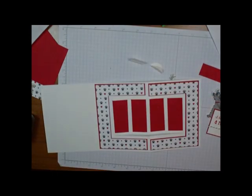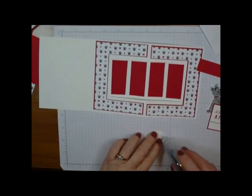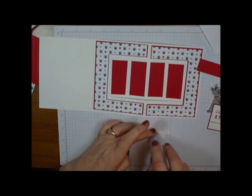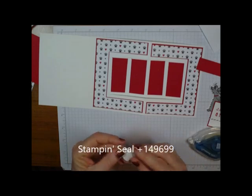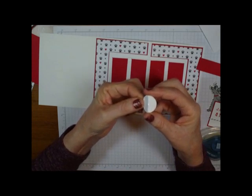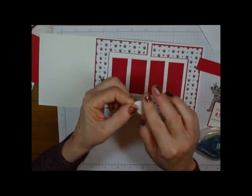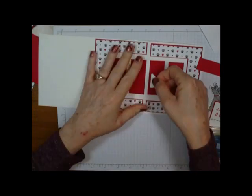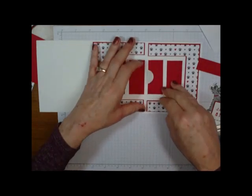And let me go get the Stampin' Seal Plus because I want to make sure it really holds. Hold on one second. Okay, so I'm going to go ahead and put adhesive on both sides and do the same thing with the Stampin' Seal Plus. Now I'm not sure you can see, but on the Stampin' Seal Plus, let me see. Can you see that it is like it's cross-hatched on there? It's pretty cool. Alright, so we're going to put this right here because we want it right in the middle on this side of the